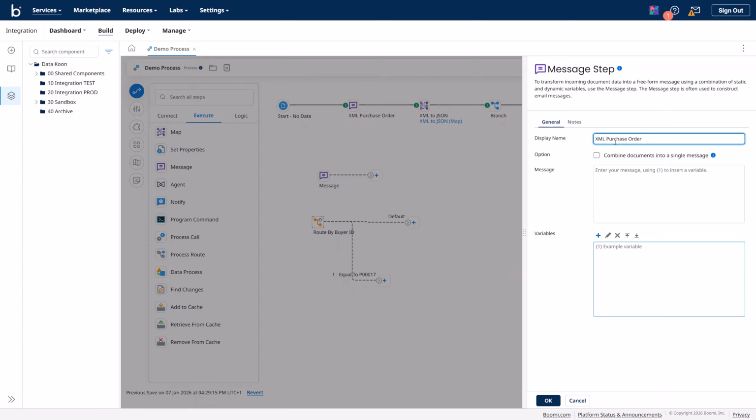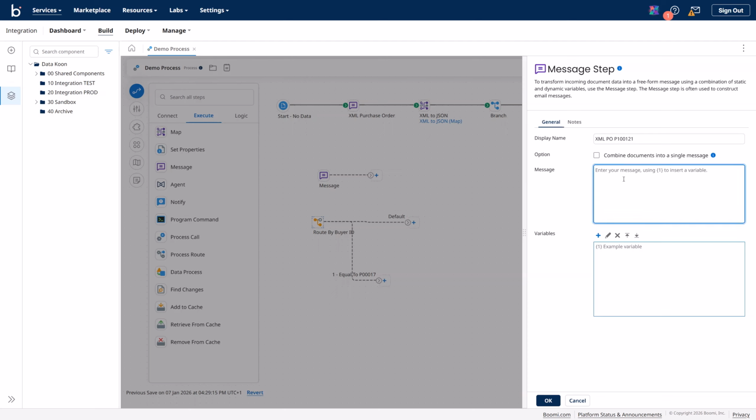So we just create another message. I think I will go for the short name, PO, purchase order, and then just type down the buyer ID. For example, this is another buyer ID,